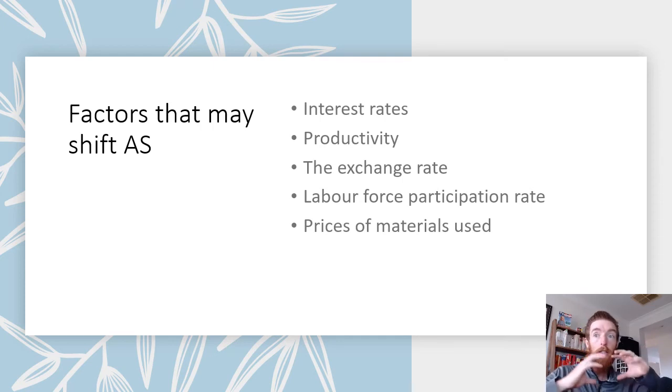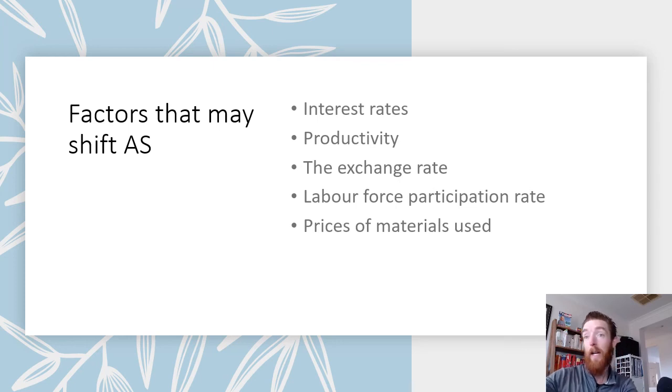The exchange rate. The exchange rate is really important for aggregate supply because it works a little bit differently to how it works in any other topic. An appreciated, or strong, high exchange rate can be favorable for aggregate supply. As you've probably seen in Australia, a lot of products you buy have a label on them that says made from local and imported ingredients. We don't have a big variety of resources in Australia, and therefore we import a lot of our inputs in production from overseas. If the exchange rate is high, it can lower the cost of production for businesses as they import a lot of their inputs, and therefore be favorable for aggregate supply.